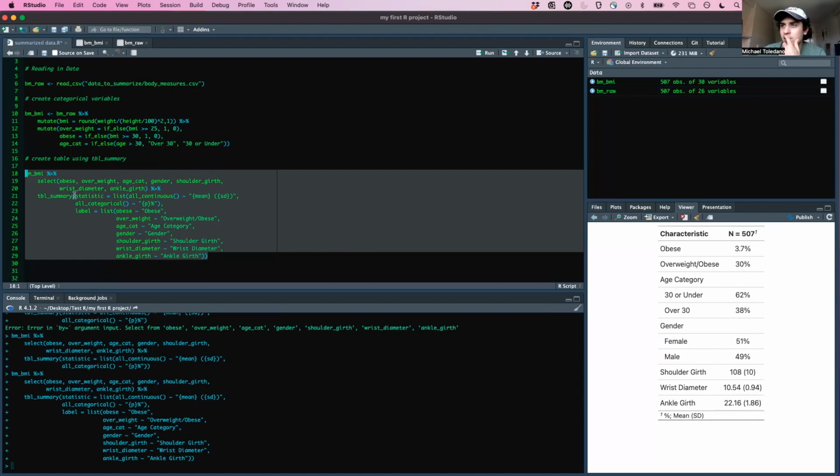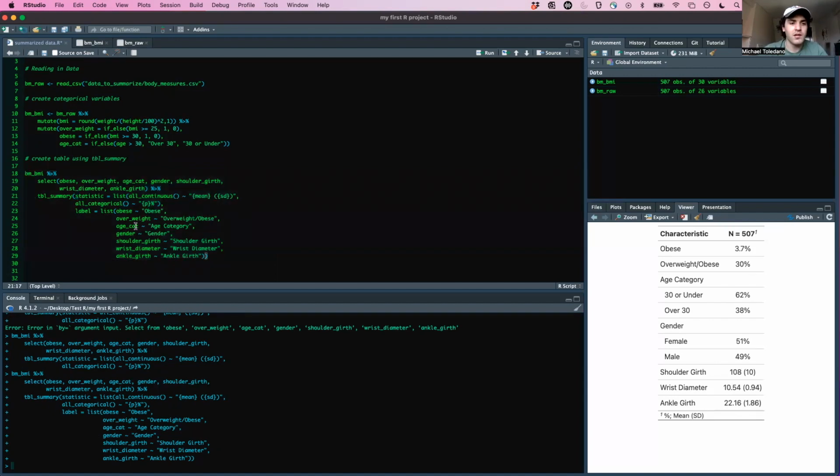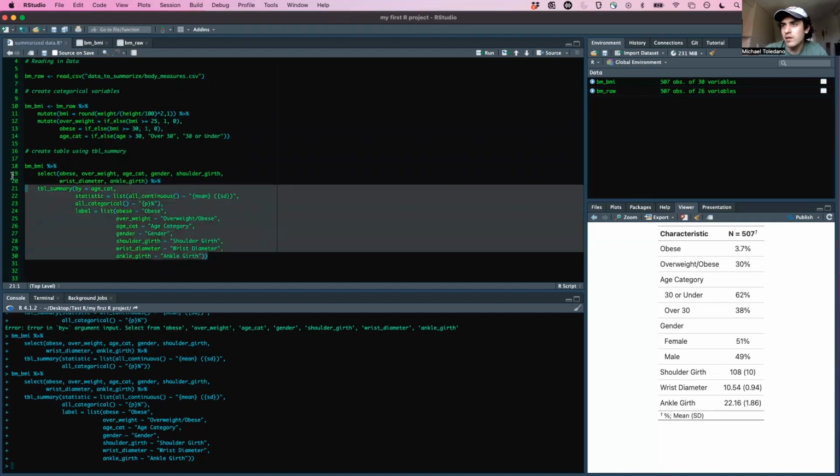We just add in table summary. We started off by adding by, which is going to be the variable that we're going to be splitting it off by. So let's do age cat. And then just add a comma, and now when we make this table,